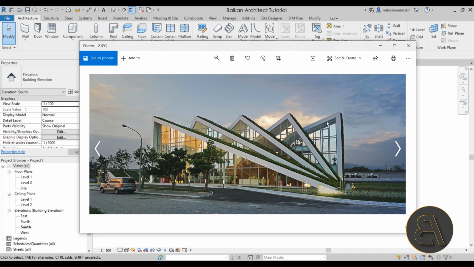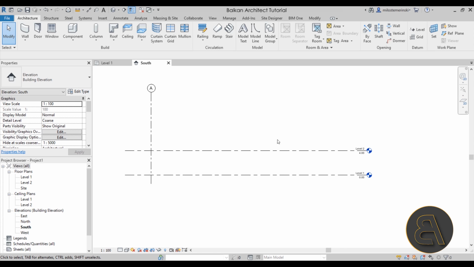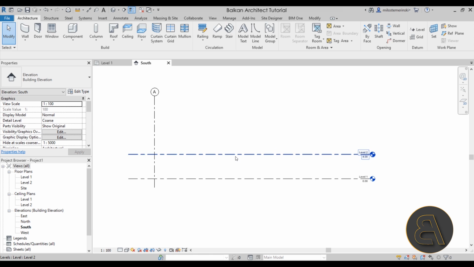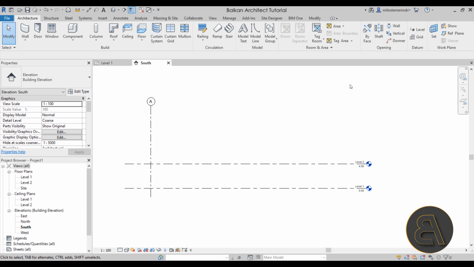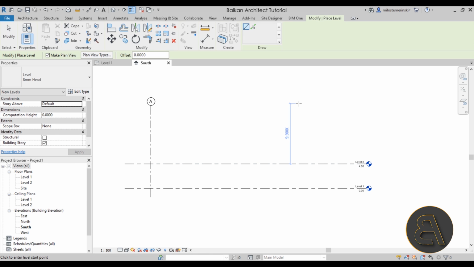So it's like 3 levels plus a little bit more for the roof. So let's say that all of the levels are 3 meters plus that little more. So let's call it a total of 10 meters or 3 levels. So I'm going to go back here into the south elevation, go to levels, so they're over here next to